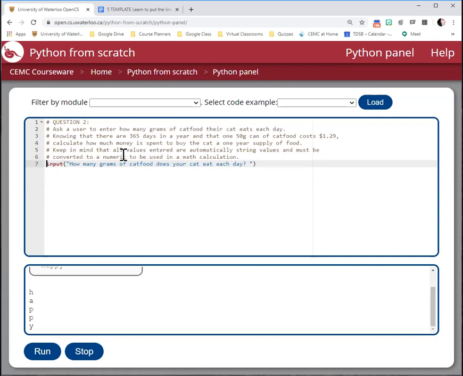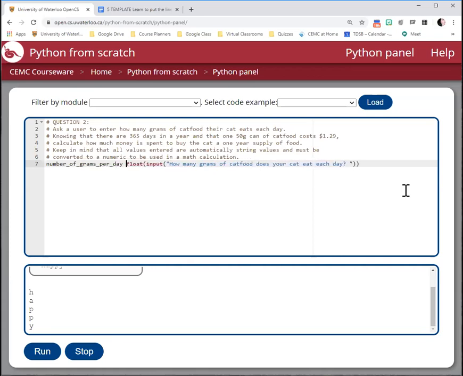And again, we're going to be using this value in a calculation. So we want to have our value given to us not as a string, but a double would be nice. So we can do that. That's a float. And we can put this whole thing in brackets so that the answer is converted to a float. And we still want to store that value. So I'm going to call it number of grams